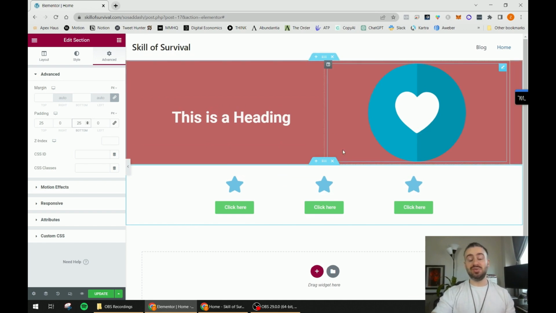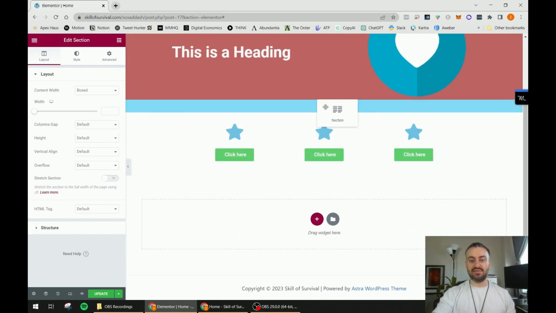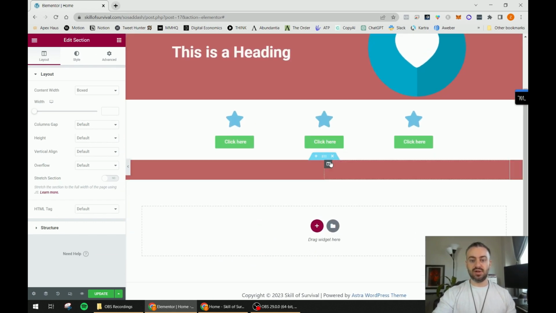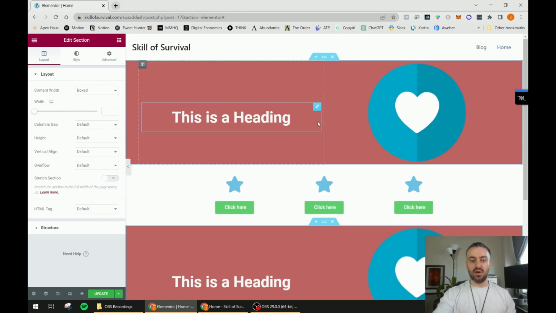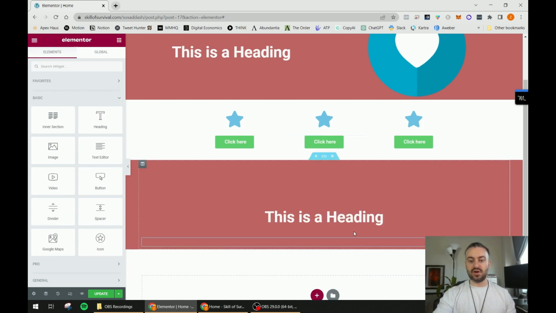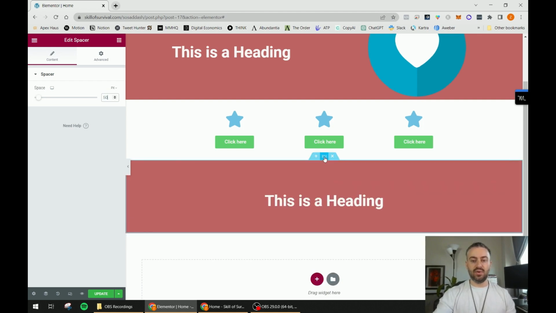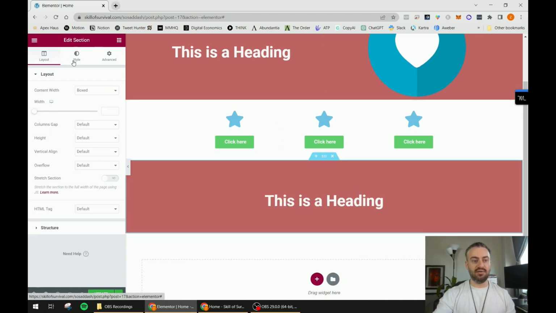And then you could also duplicate an entire row, right? So now I could come up here and say duplicate this entire row, and now I can left click and drag and drop this row below here, and now we have a row with this, and a row with that. Maybe I want to get rid of this heart and just have a heading, and we will edit this spacer back down to 50,